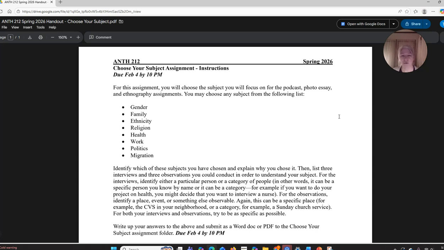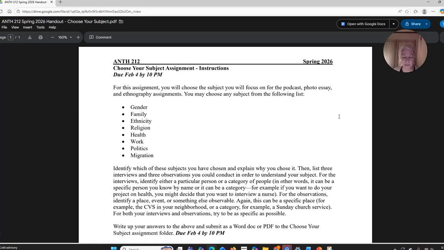It is okay to interview people you know. It's also okay to interview people you don't know. And it's also okay to not exactly know specifically who it will be at the stage of this assignment, all right? Mainly what I want you to do is to think about your subject and who would be good people to talk to about that, right?